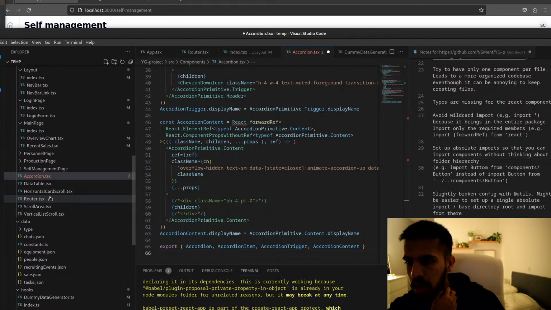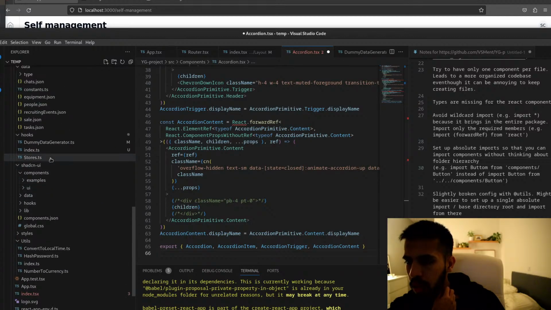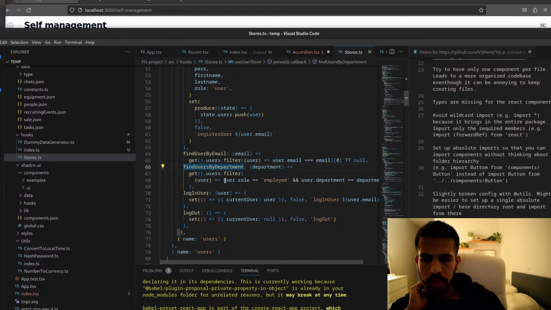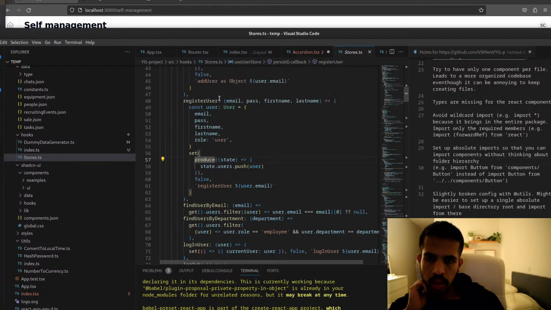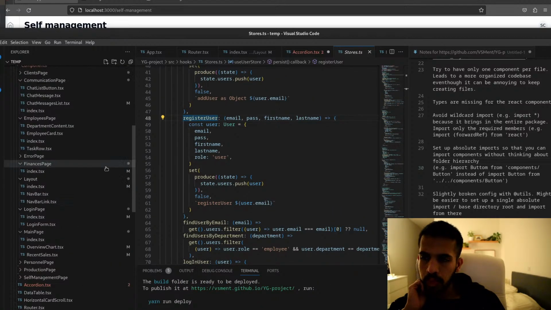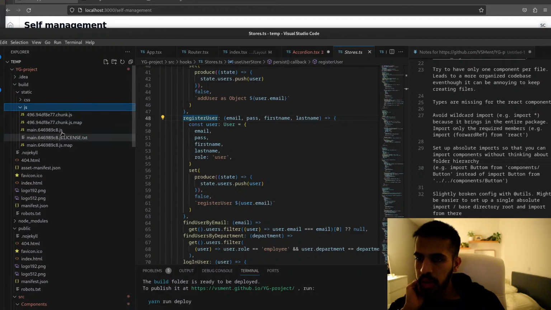Routed. Stores. I will try to review this, even though I don't know much about Zustand. I know something about it, so let's produce, register. Oh, there we go. The project built. Nice. How big is this file?